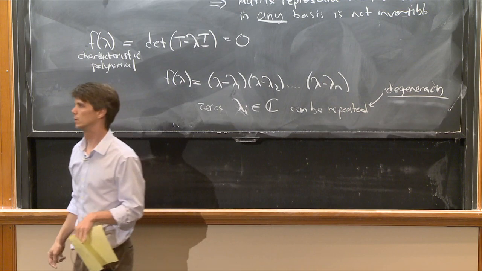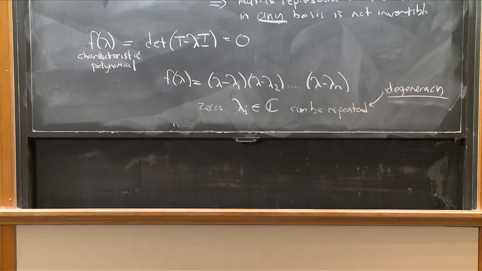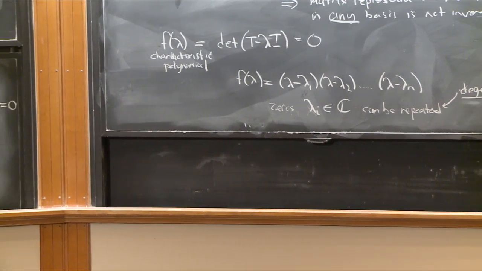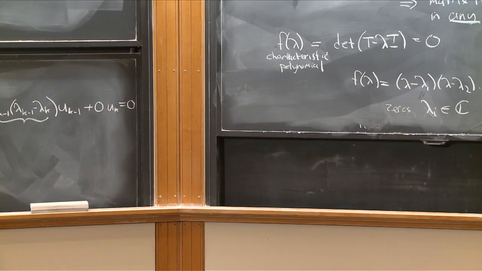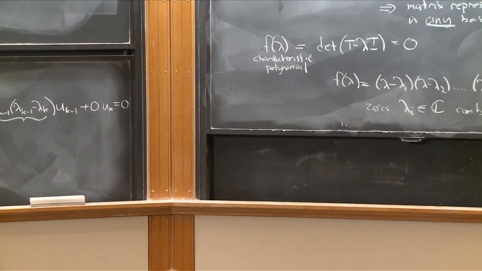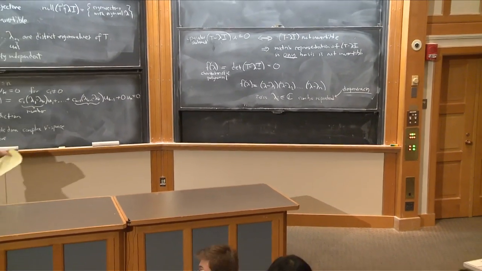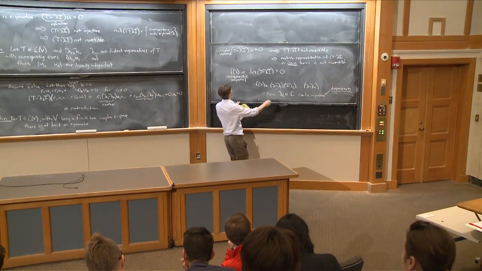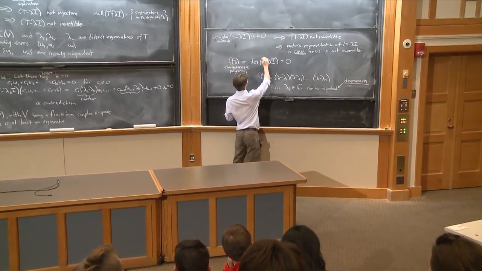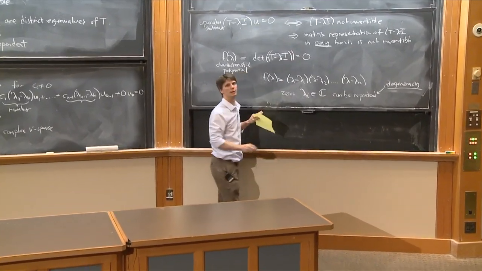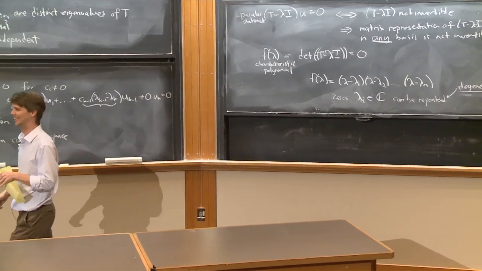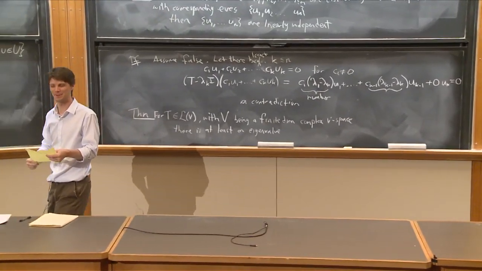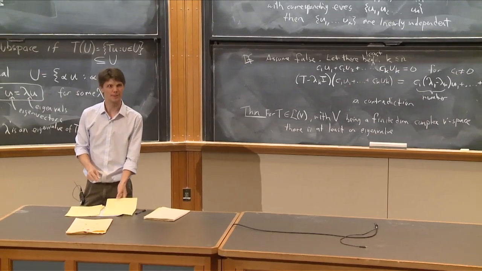Right. Okay. So are there any questions, Aaron? I think the determinant should be lambda I minus t, just so that it matches the next line. Thank you. Okay. Yeah. Thank you. I could have put the sign on the next line as well, right? But, okay. So any other questions?